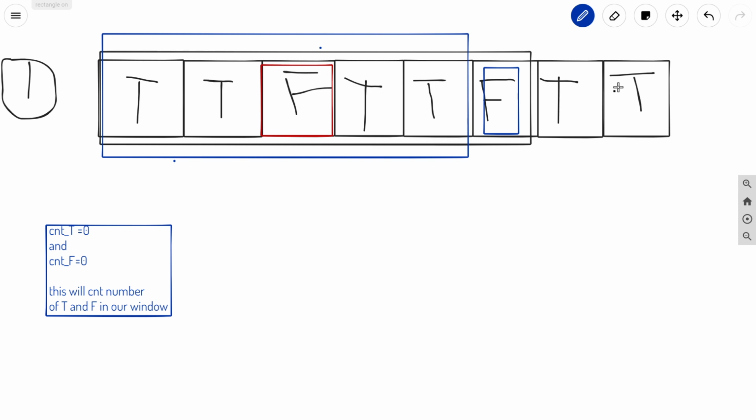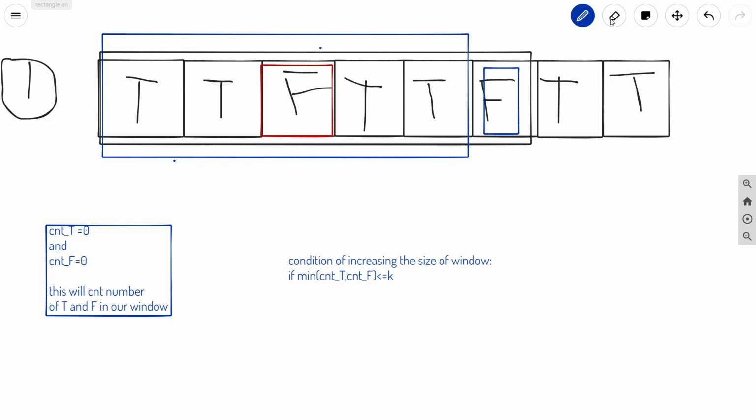In this way, I am going to write here the condition of increasing the size of the window. If the minimum of count t and count f is less than or equal to k, then we can increase the size of our window.